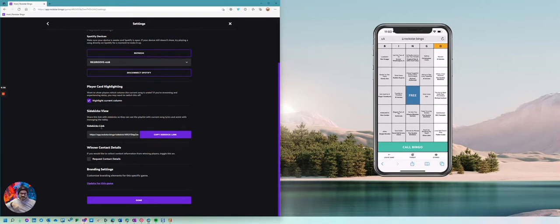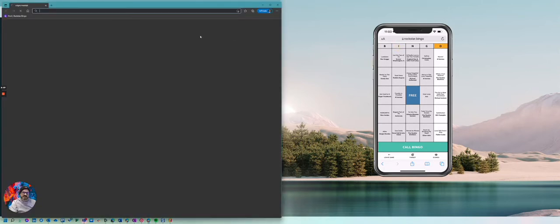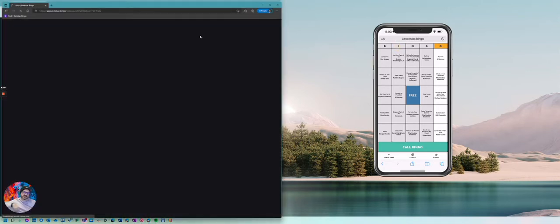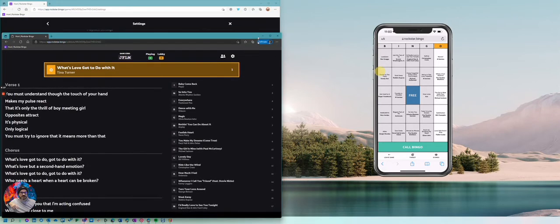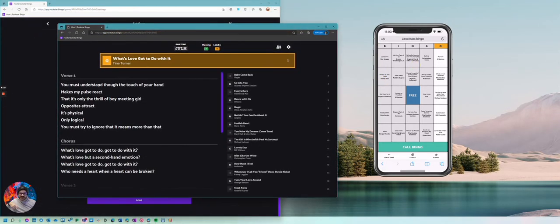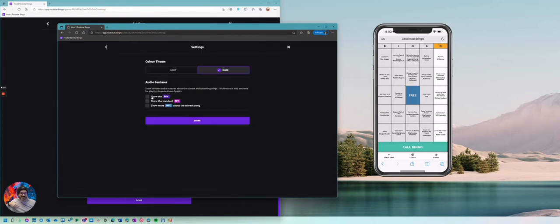And then we also have this thing called sidekicks. So the sidekicks link, I'll just show you that quick, is basically for if you have a co-host. So if you have someone else that wants to help with running the game and they just want to know what songs are coming up, and or assist with the lobby, they can do that as well. This was actually created for my band for live band bingo, because you can see it actually shows the lyrics, and you can actually show the key signature and stuff, which is cool.